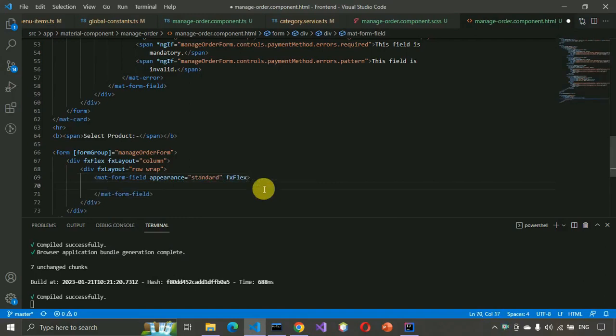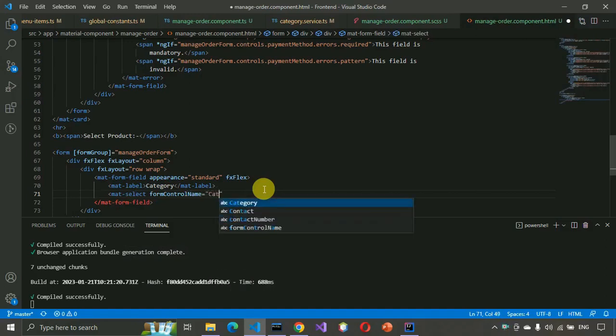and in this we need to display all the categories which we are going to get from the backend. So whenever the page loads for the first time, we get multiple categories from the backend, and we have to display them over here. So here we have to write mat label, category, and inside this we have to write mat select and form control name, and here we have to write category,